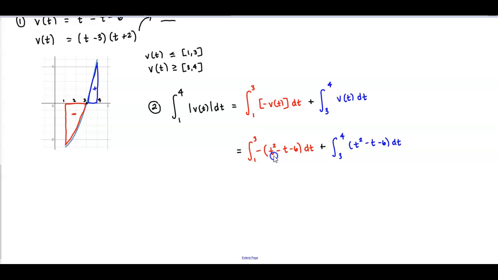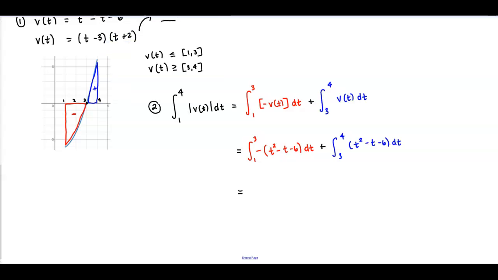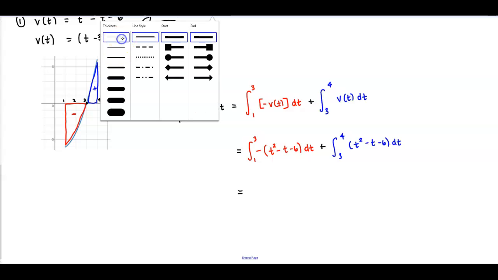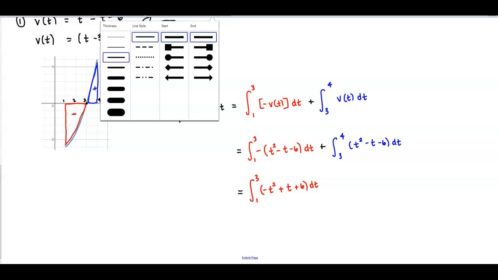Now let's distribute the negative sign. So now we have the integral going from 1 to 3 of negative t squared plus t plus 6 dt,